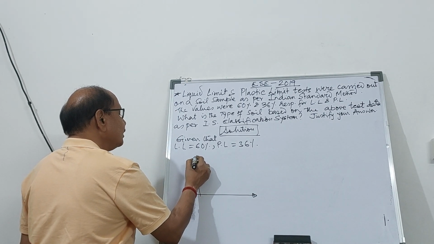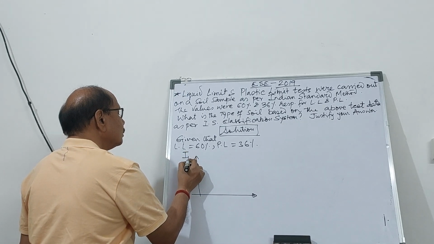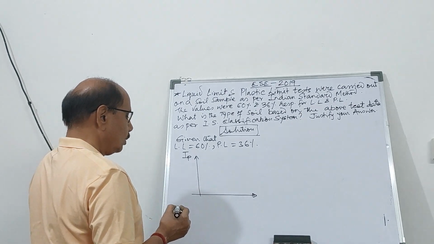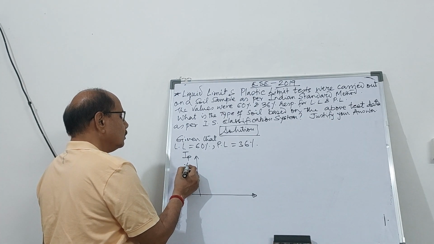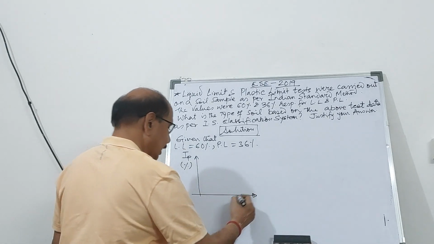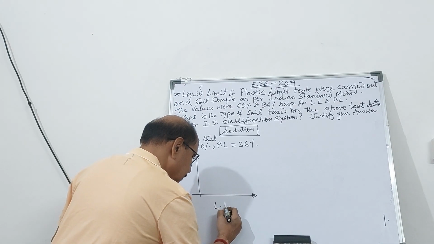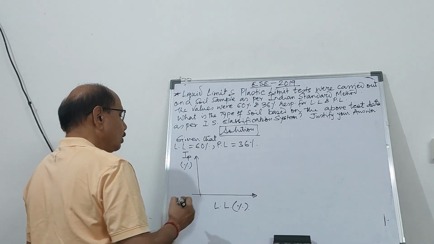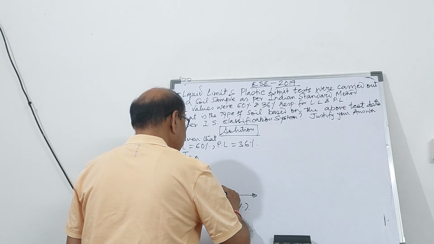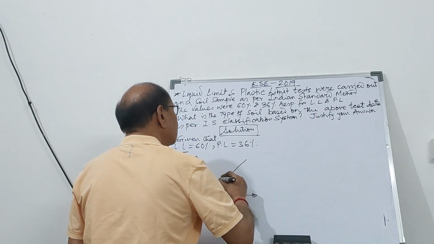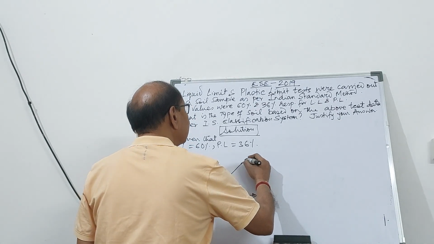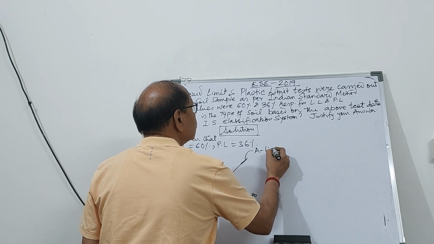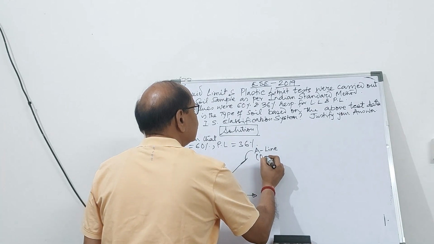The plasticity chart gives you the plasticity index IP in percent on the y-axis. On the x-axis, it is the liquid limit in percent. And as you know, there is a straight line, which is called the A line. Its equation is